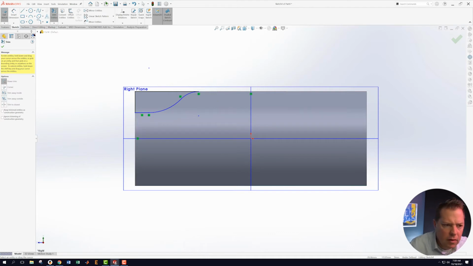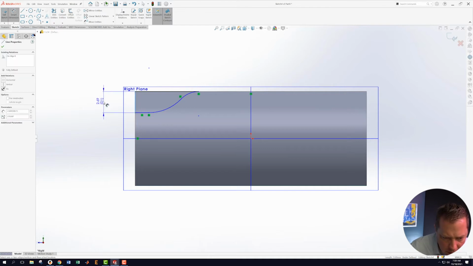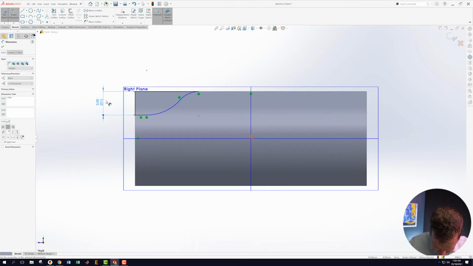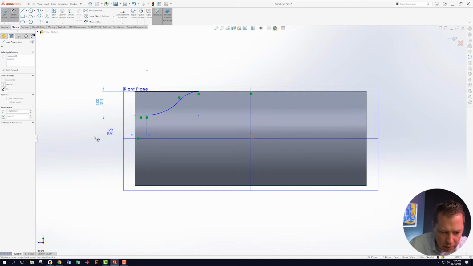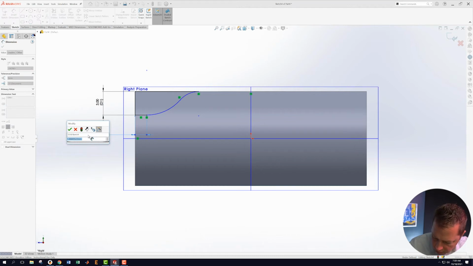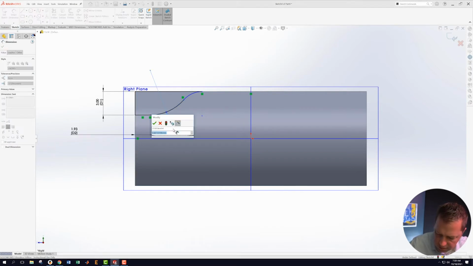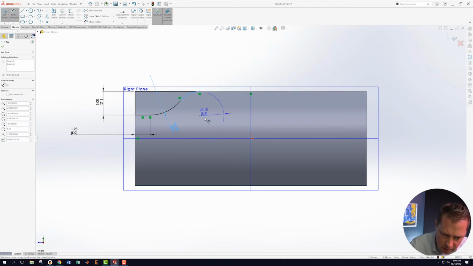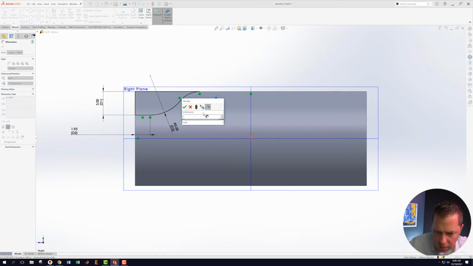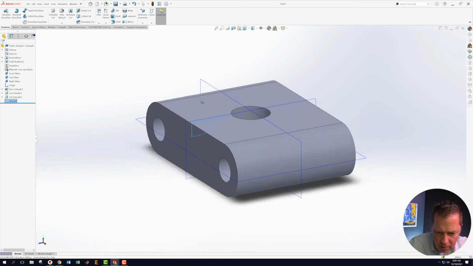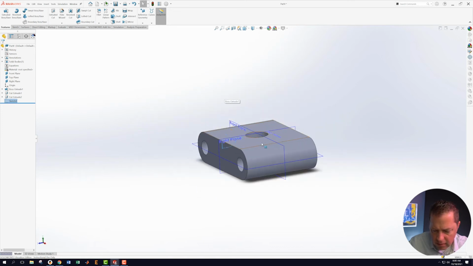All right, and now the question is, can we get these dimensions to be right? This one says 3. Okay, this is a little weird. But this one says 1.927. All right. And then this one says radius of 5. And this one says a radius of 4. And it's gone completely black now, meaning it should be fully defined. So yeah, we're going to go with that. Okay, so that should be my sweep